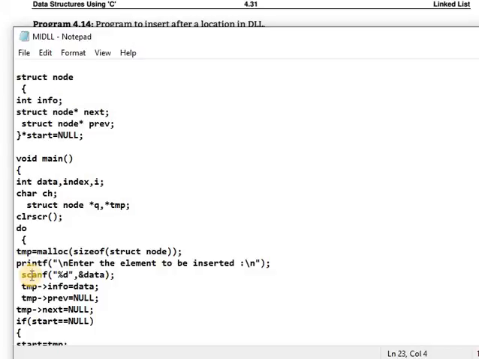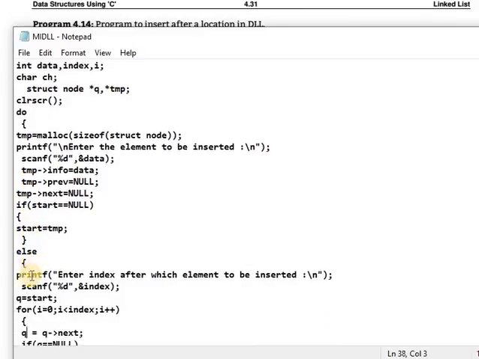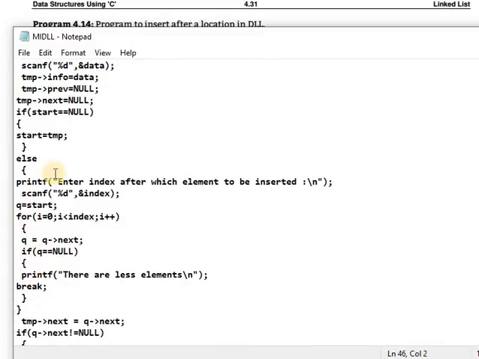Input the values that are stored in the temporary variable. First check whether it is null; if not null, then insert it, otherwise go to the else part. Input the index after which the element is to be inserted, and start is